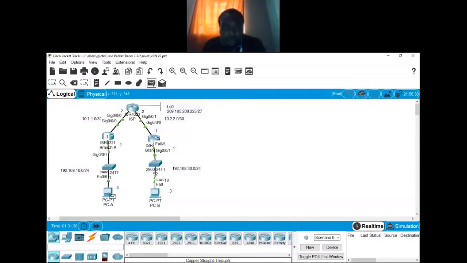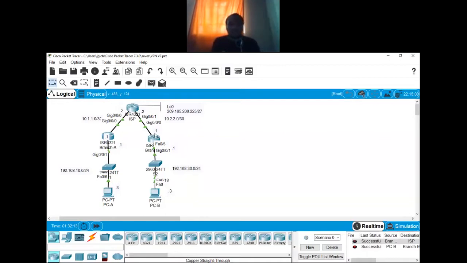Pick the PDU, click on PCA. I'm not dragging anything, my hands are free. So I'll go to R1. PCA can ping its branch router, and then the branch router can ping the ISP router, and then branch B, is it able to ping ISP? You can redo it because sometimes it takes a while. R1, yes, they can communicate. And once the connection is established, it will remember all communication. And then PCB and the branch router are able to communicate.